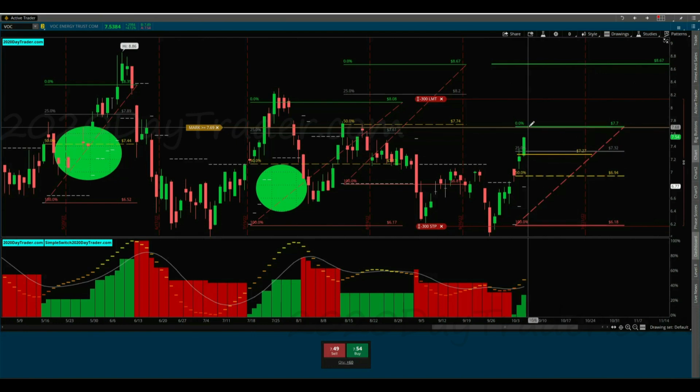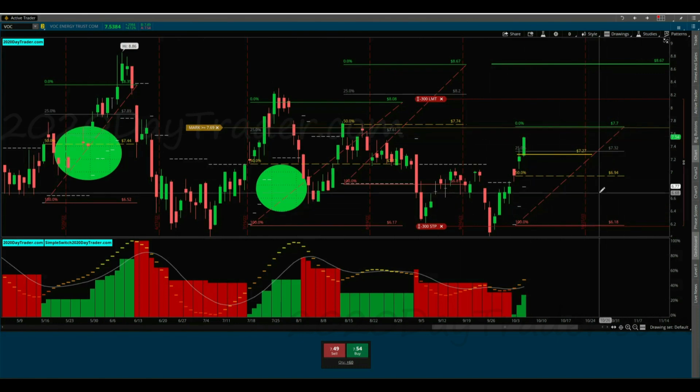So what I've done is I've moved my target up here, so just in case I'm not around the computer, I can take advantage of getting that target. And at the same time, I put in an alert in here. See Mark right here. With Thinkorswim, I can put alerts, and it'll text my phone when the ticker gets to this price. Once that happens, I'm going to do the same thing with this as I did with XOM. I'm going to put my stop in once it gets through here a little bit. And then if it backs up and I get out, I get out. It is what it is.